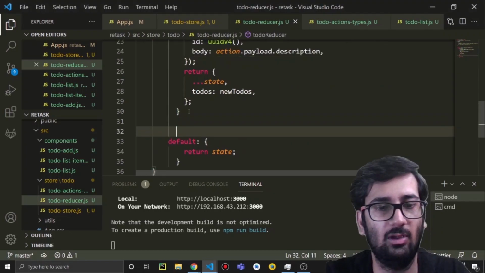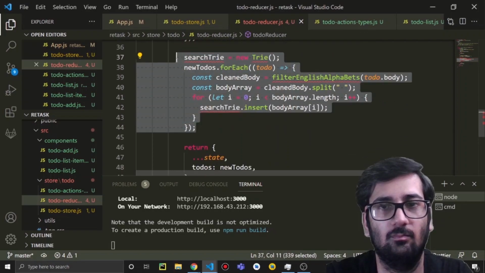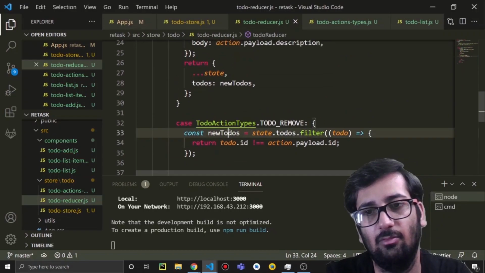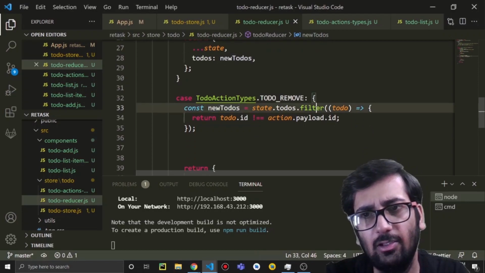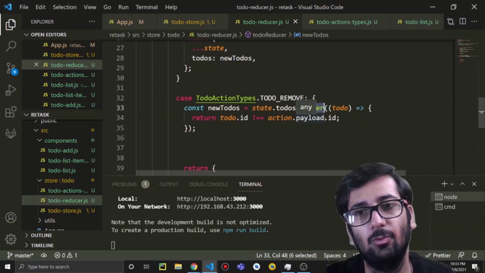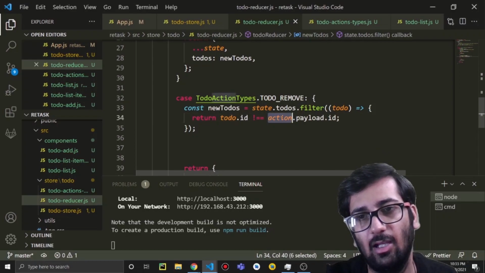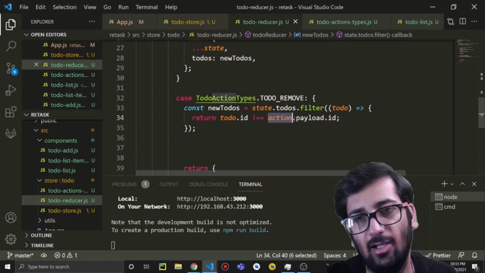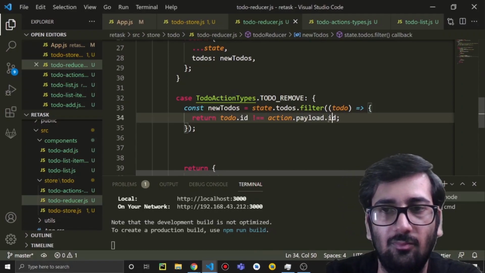For that there is a new case. Similarly, as we did above, we created a new variable, new to-do. We filter out, that's how we delete it, all the to-dos except the one whose ID we are sending in the payload. As I told you, what we have to do in the action, we send it with the payload, which I will show you later in this video.